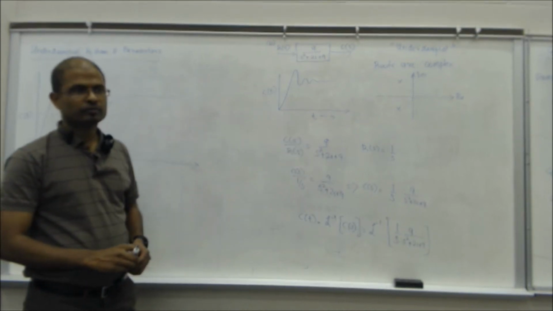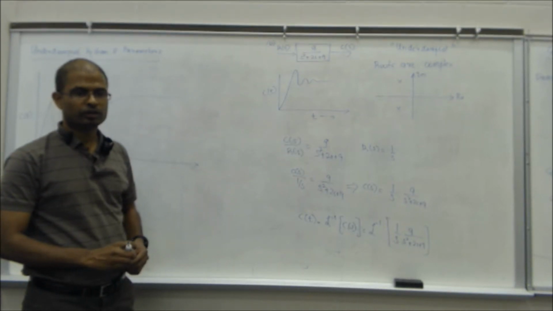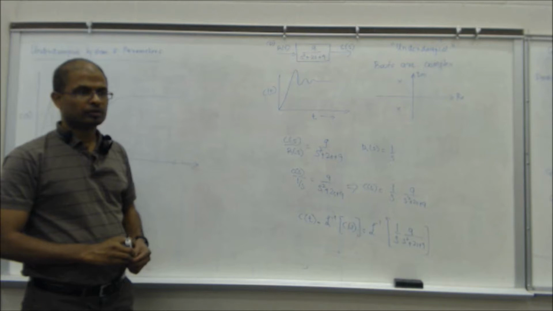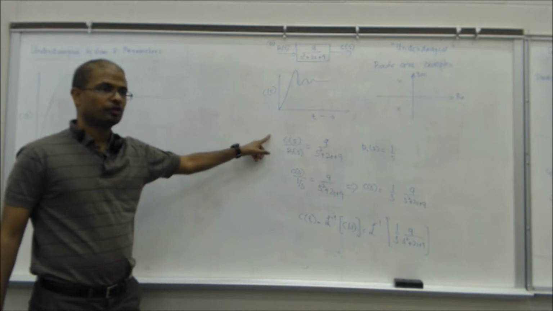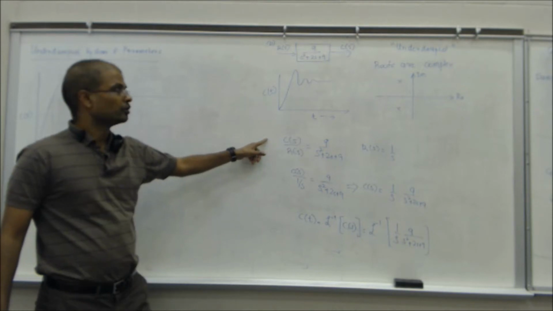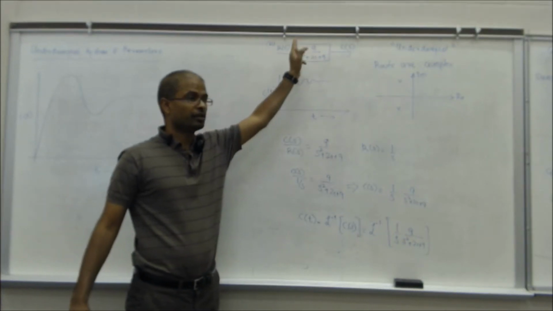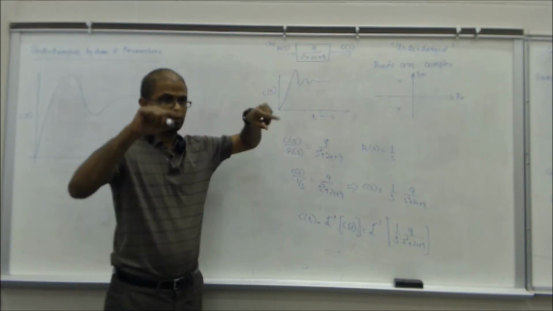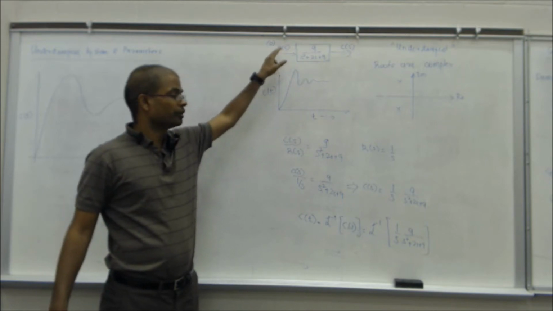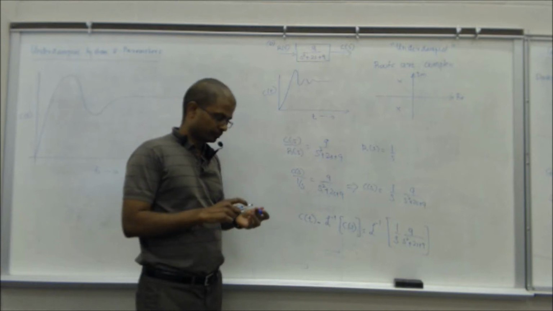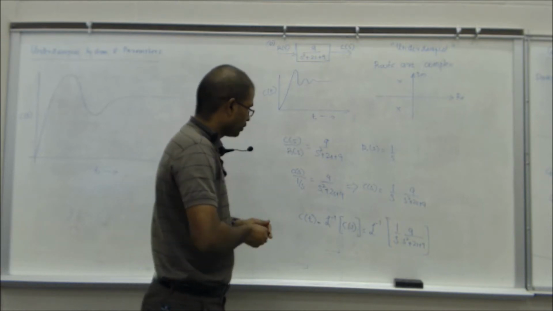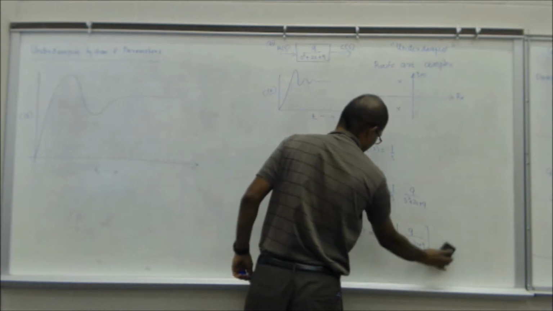Got it? So whenever you're asked for a response, you have to follow the steps. You'll be given an input. Whatever this represents is a system, whatever is in that block. So only when you're given the input can you find the response of that system. So if I plot the response of an underdamped system,